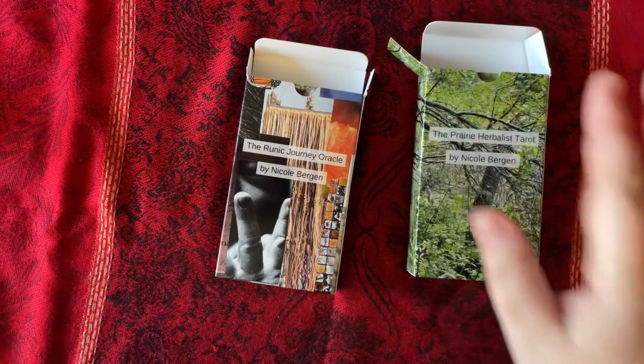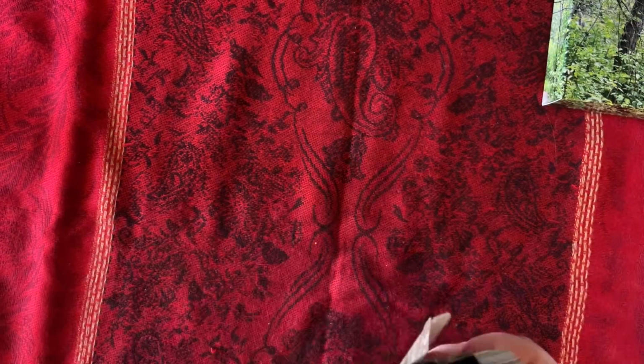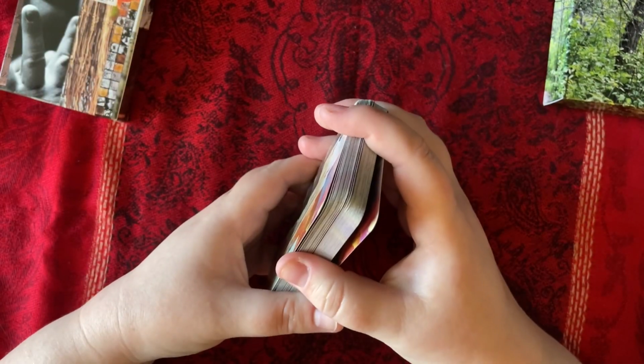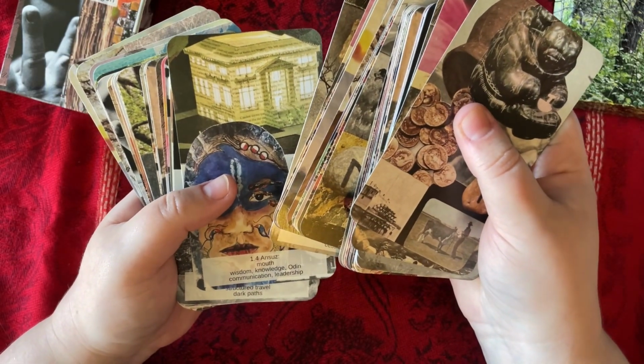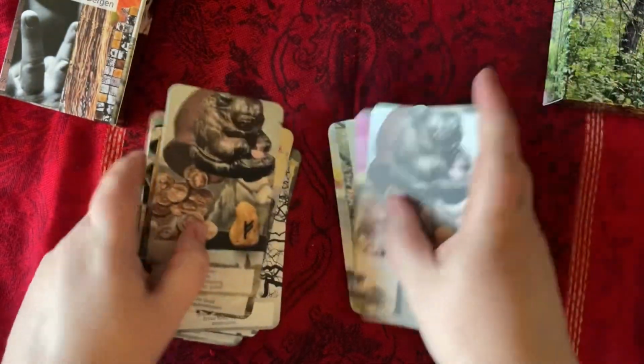So, what am I going to start with? The Runic or Journey Oracle. So this is a collage deck. I think there are 24 runes in the card, so this is only 48 cards in that case. So they repeat